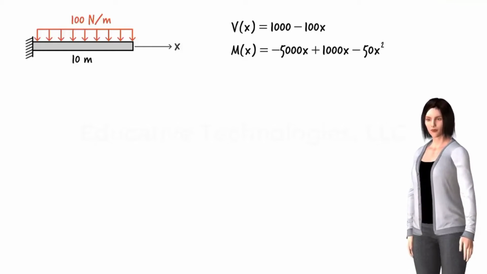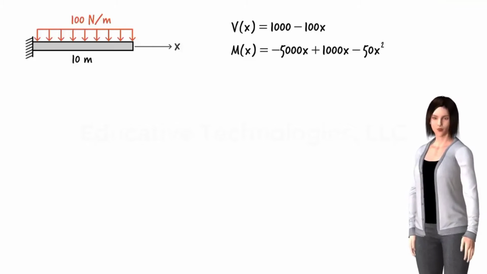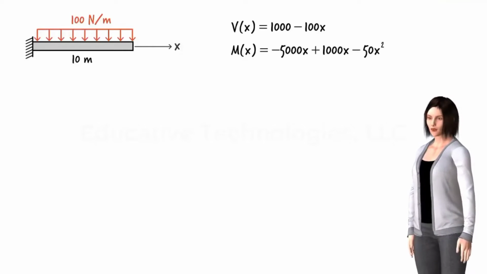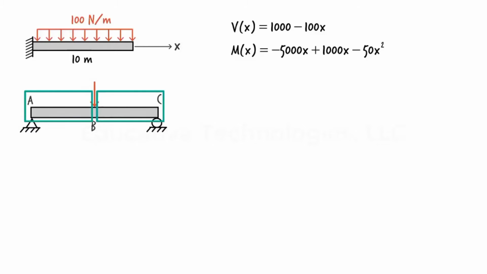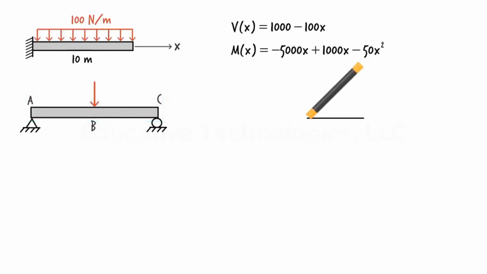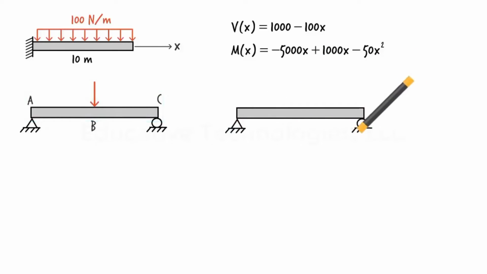entire beam. Rather, it would be necessary to write multiple equations, one for each beam segment. This happens when the beam is subjected to one or more concentrated loads. For example, in this beam, there is a concentrated load at B. Since the load divides the beam into two segments, we need to write two equations for shear and two equations for moment, a pair of equations for each segment. Here, three pairs of equations are needed for representing shear and moment, since the concentrated loads divide the beam into